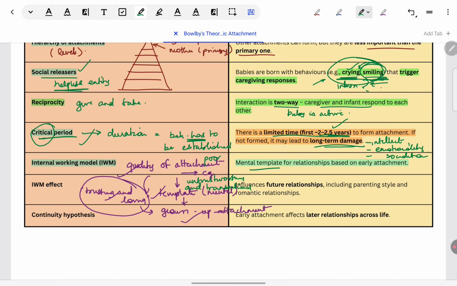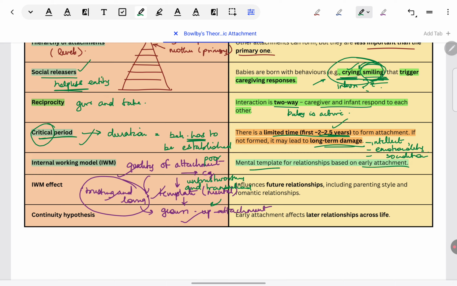When they grow up, they become an adult, they carry this with them in their grown up relationships. So now say they've become 18, 20 years of age. They are looking for a romantic partner. What sort of a relation do they want to establish? Transactional. Do they trust their partner? No, because this was the sort of relationship which they had in their childhood. Likely, they will not be able to form a good relationship with their partner because they are beginning on a very poor note. So, right away, here only you should know.